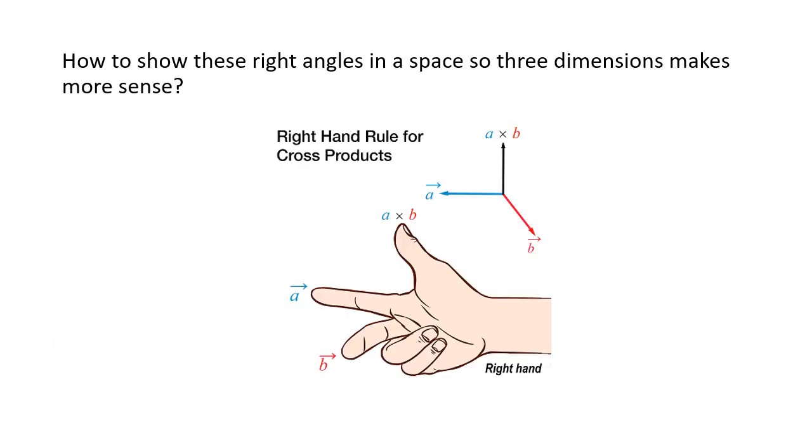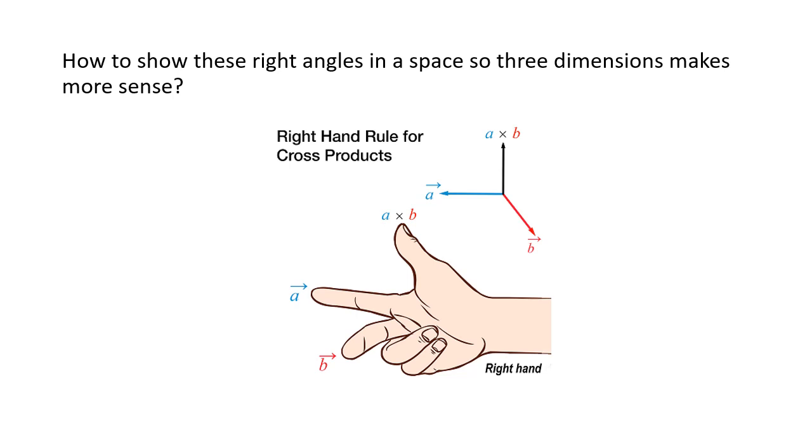So I wanted to show this little picture here. Now, don't worry at all about the right hand rule for cross products. That's kind of not the point of it. The point is the way that those fingers and that thumb are held. A lot of times the problem is students are thinking about these right angles in two dimensions. They've seen rectangles, they've seen squares, and so they understand how two lines in a plane can form right angles. But how three lines or rays or line segments or whatever can form right angles in space can be